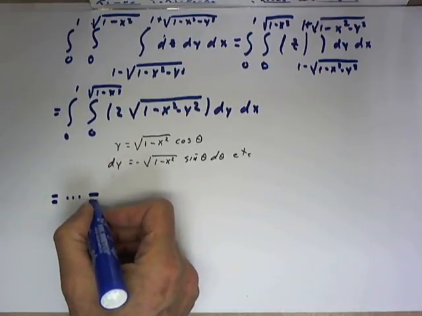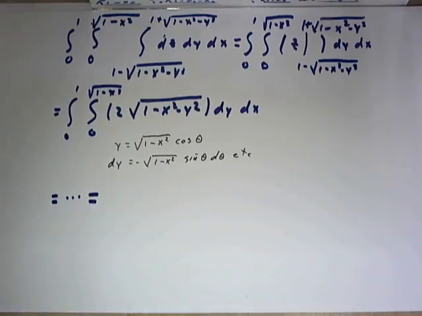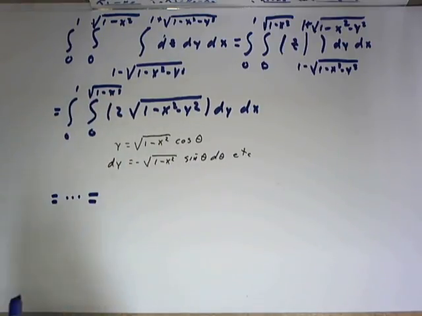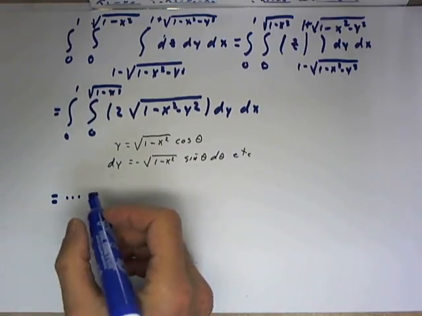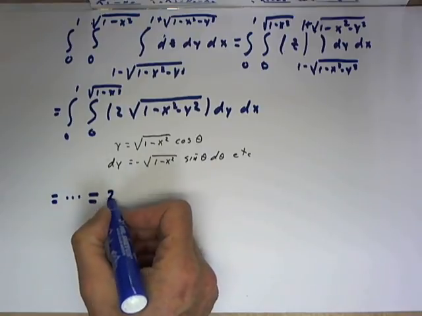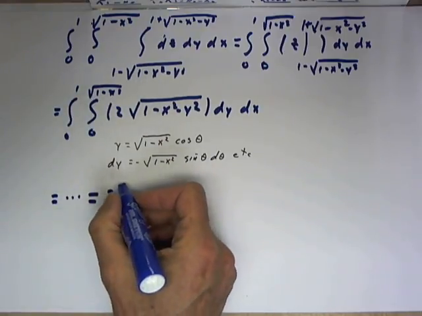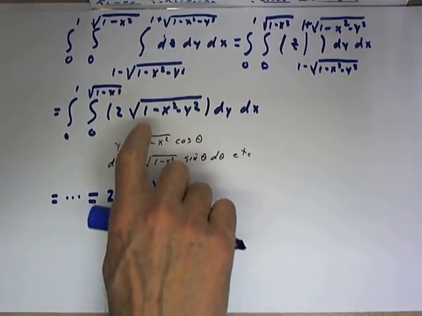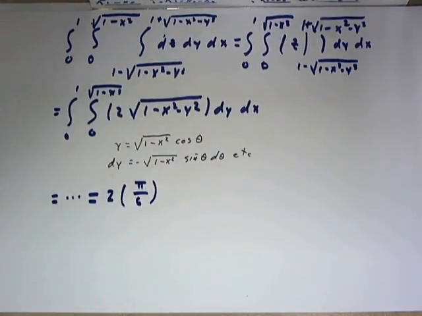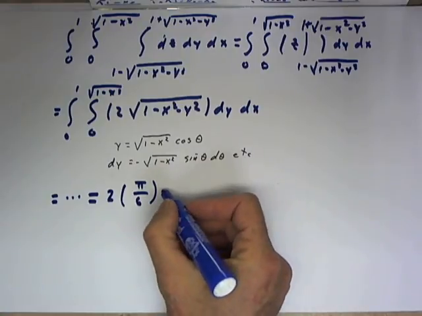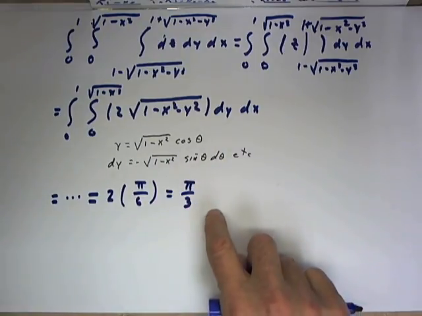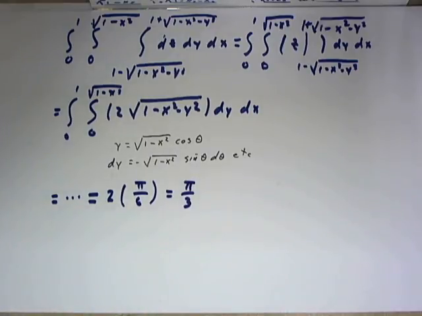Just indicate that our final result, when we get through all the integrations and substitutions, is going to be 2, if we factor out the 2, multiplied by the pi over 6 that we got when we integrated just this expression. And of course that's pi over 3. Now why does this make sense? Well,